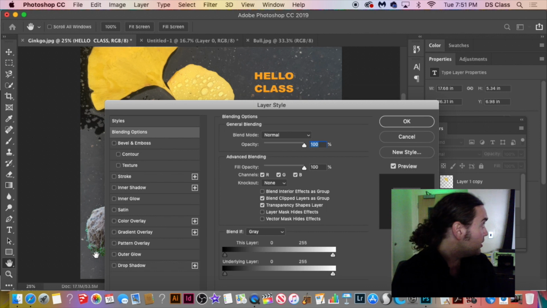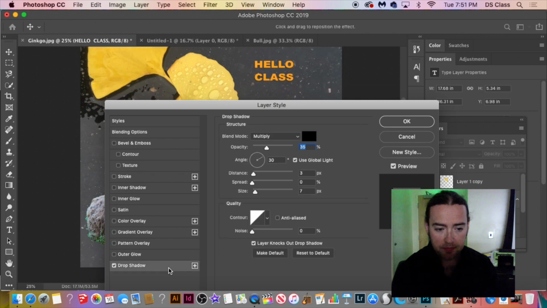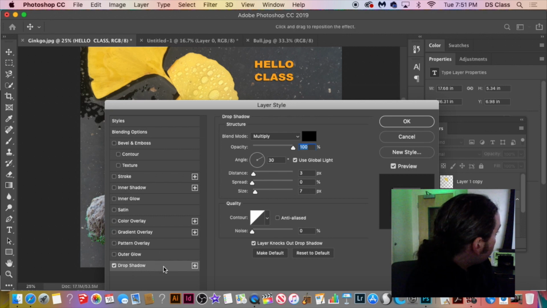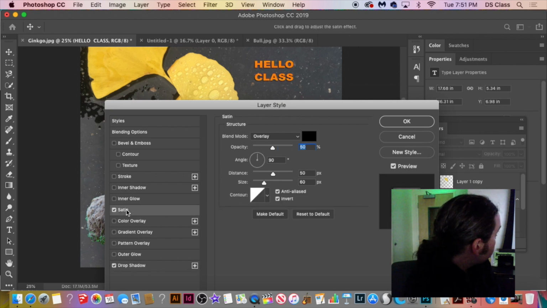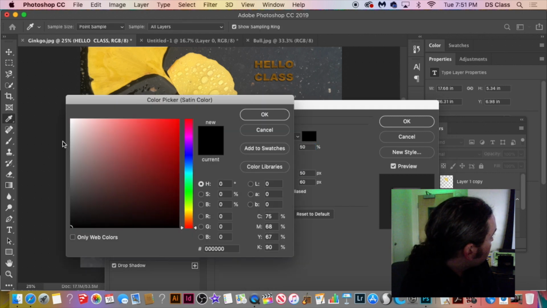So first one I'll put on here, let's say we want a nice little drop shadow. Mine's kind of small. I see, opacity was, now it's at 100. And each of these little effects has a menu. If you click on the effect, see how it's highlighting? So satin. Satin puts a color on there, kind of like a gloss. That didn't look good. But if I switch my color to white,